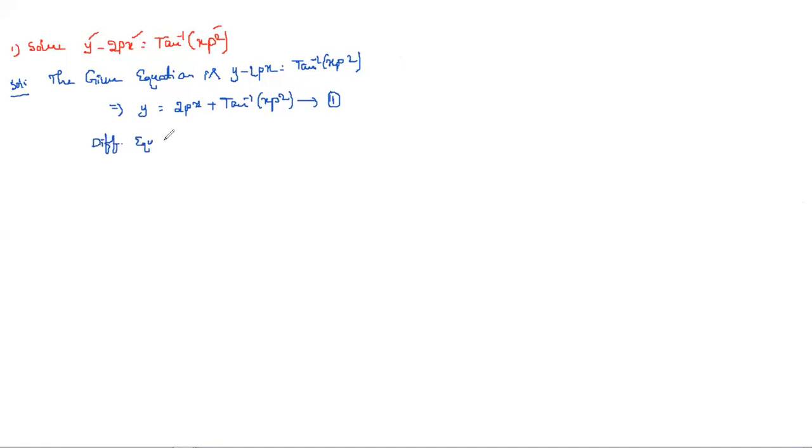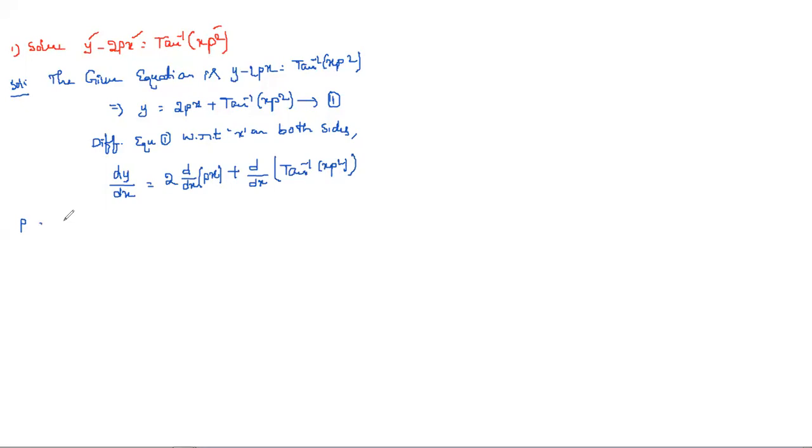Differentiating equation 1 with respect to x on both sides, we get dy by dx is equal to 2 into d by dx of px plus d by dx of tan inverse of xp square. Now dy by dx is nothing but p, the notation we are giving. So p is equal to 2 into